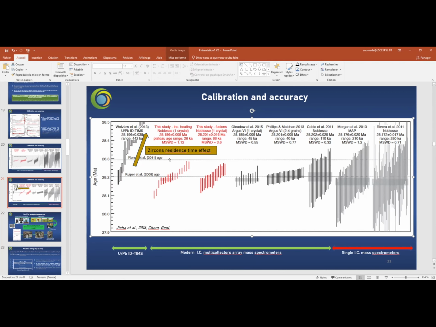Okay, so what would be the way now to get a better certainty, a better agreement, better data for the KP boundary? I would say that we need to better constrain the total decay constant of potassium. So let's talk about that with physicists, but it's very difficult to do. I have some ideas on how to do that with natural samples, but it will take time. So the main problem is the decay constant. It's not the sampling, it's not the analysis.